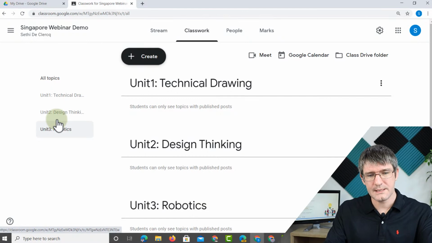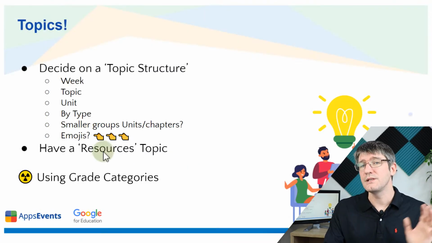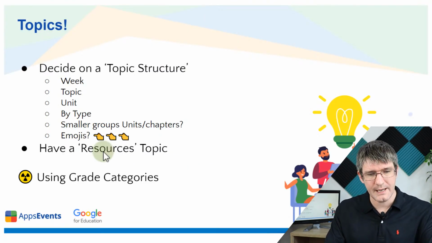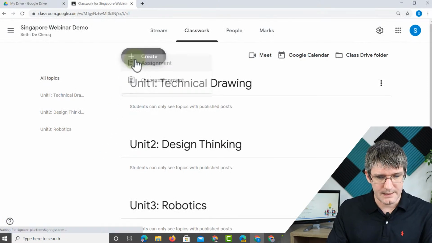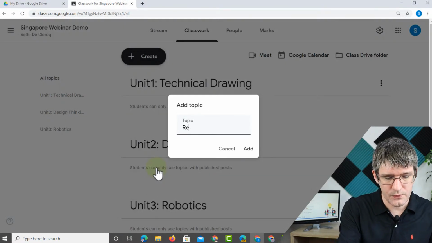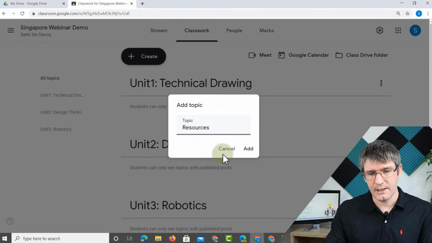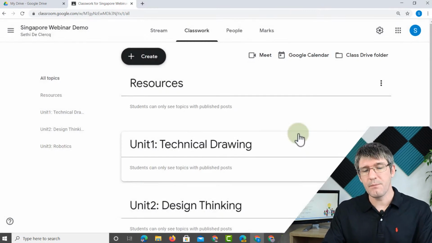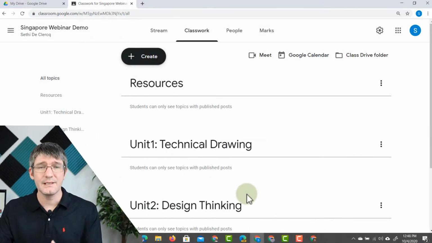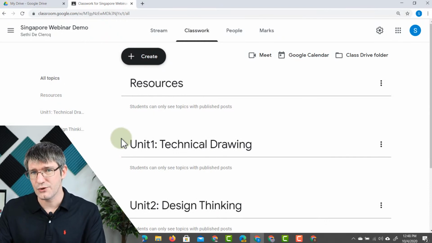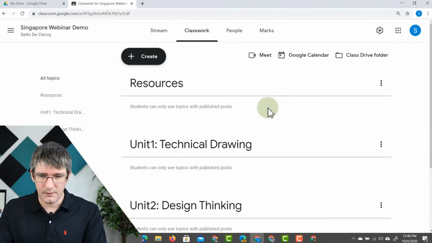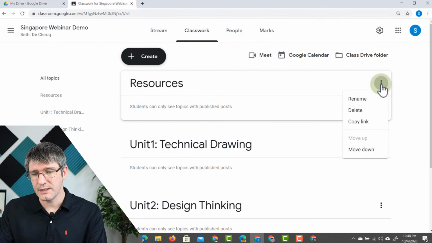Now, if you remember on my slideshow, I recommend to have a resources topic as well. So let's go ahead and add that right now. Create topic resources. There we go, add. Now the resources topic, that one can stay at the top because it is a very useful one for our students to have. Now when we click on the three dots next to these, we can always rename them, delete